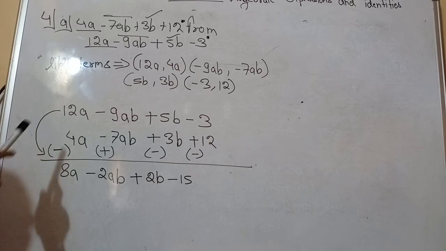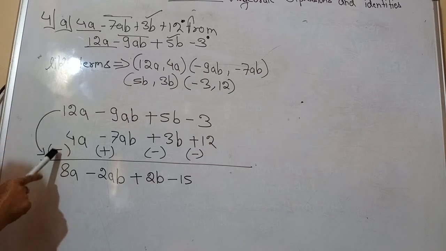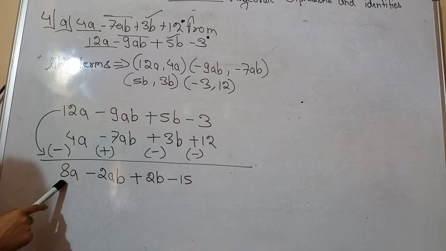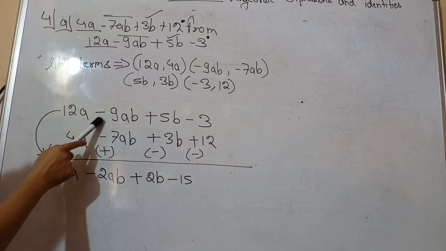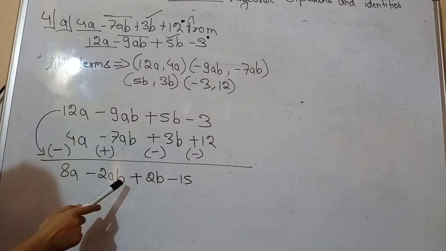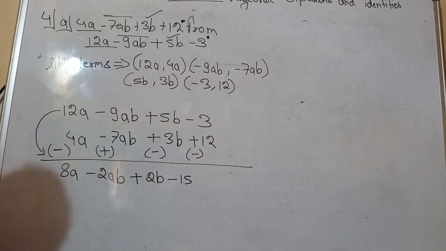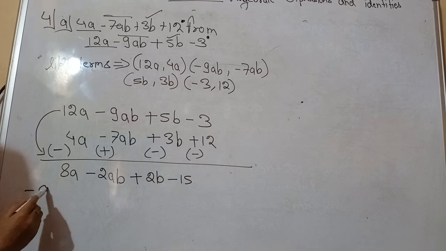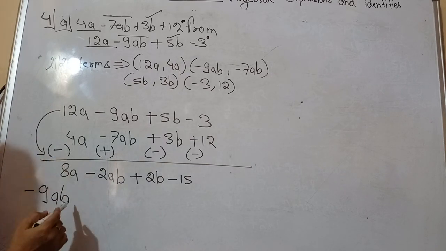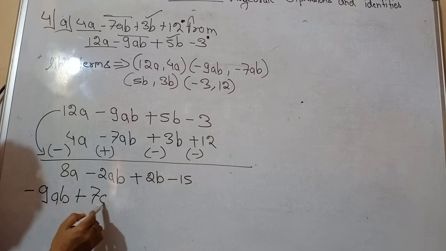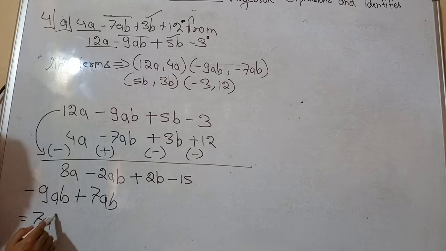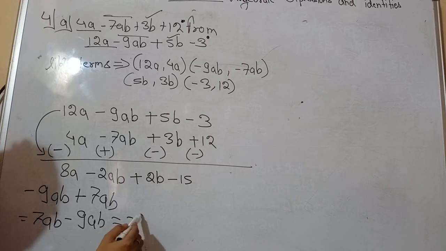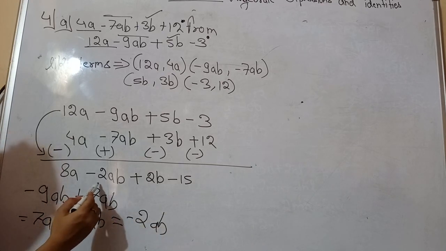Okay. Now see, 12 and 12, here we will consider the sign. So 12 minus 4 gives us 8a. Then minus 9 and plus 7, meaning 9 minus 7, how much? Minus 2ab, like we know that plus and minus give us minus. See here, minus 9ab and here plus 7ab. What resultant will we get? 9 minus 7. This can be written like this also: 7ab minus 9ab. So what resultant will we get? Minus 2ab. So see here, minus 2ab.